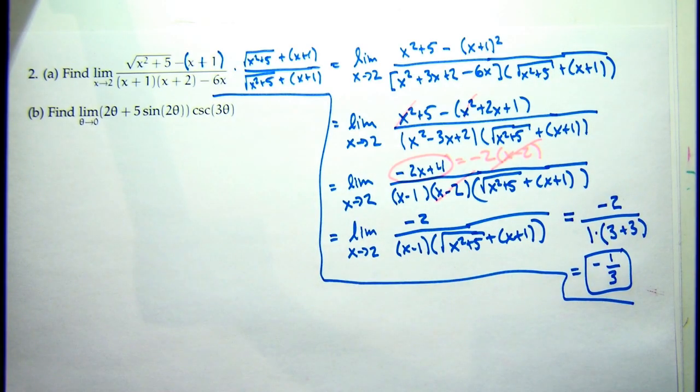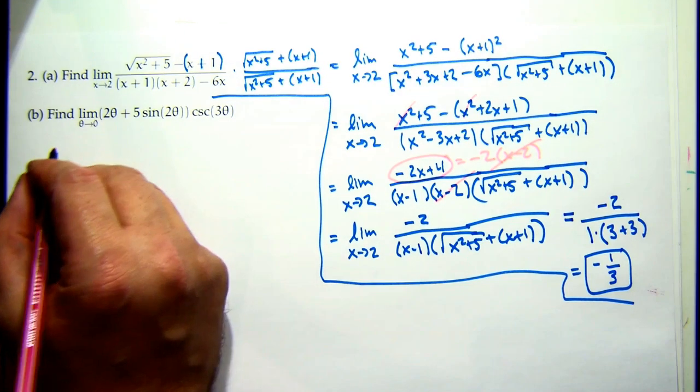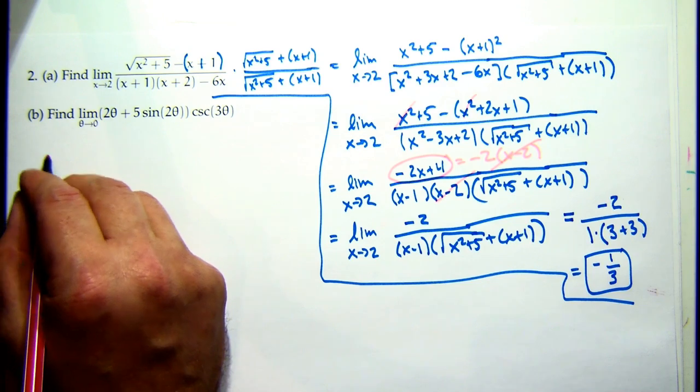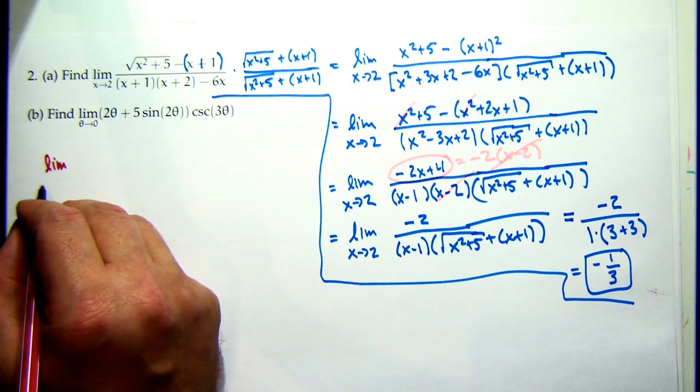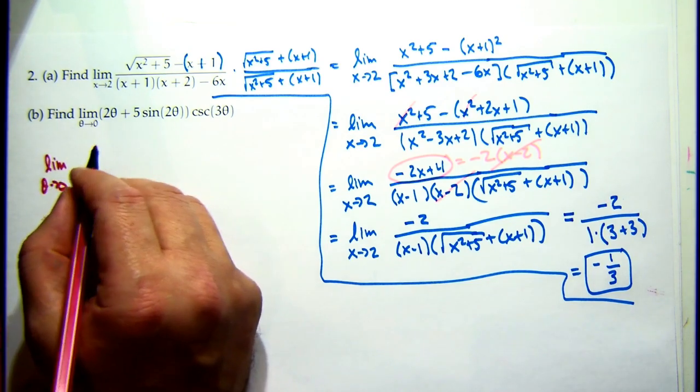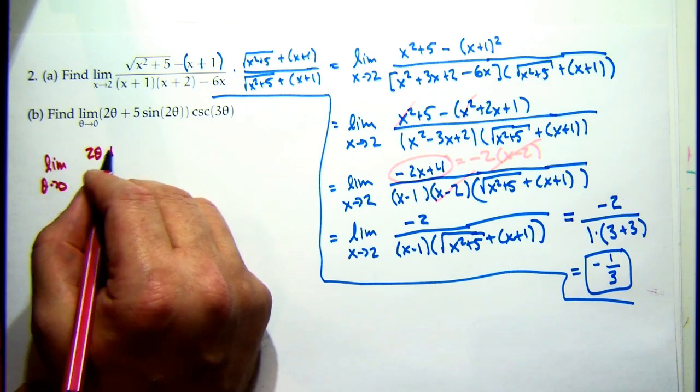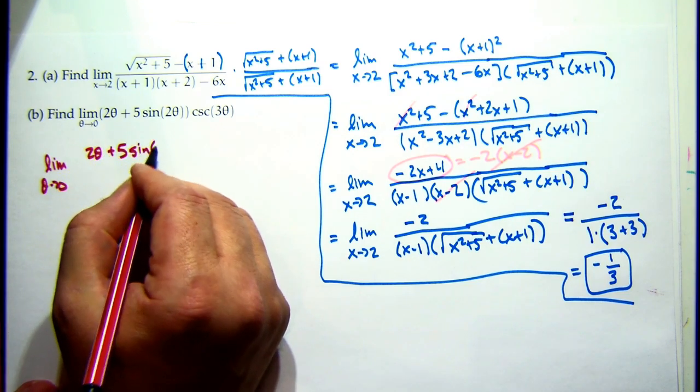There we go. Now B. What's B? Find the limit as theta goes to 0. And I see I get a sine and a theta here. I'm thinking, oh, they're probably trying to test us on things like sine and theta coming together. They love that. So I'm going to start thinking about how to write these things. Okay, so I have 2 theta